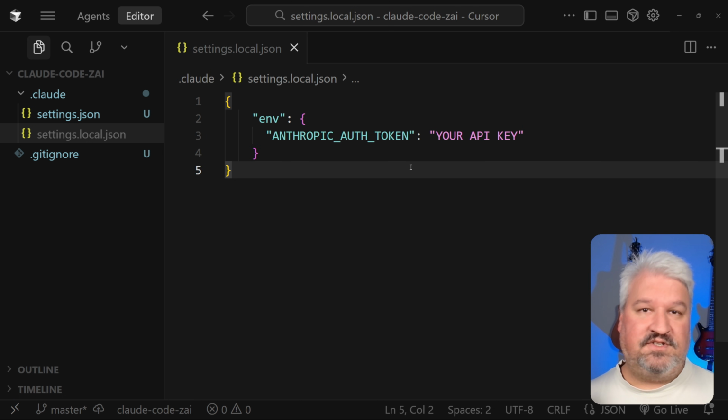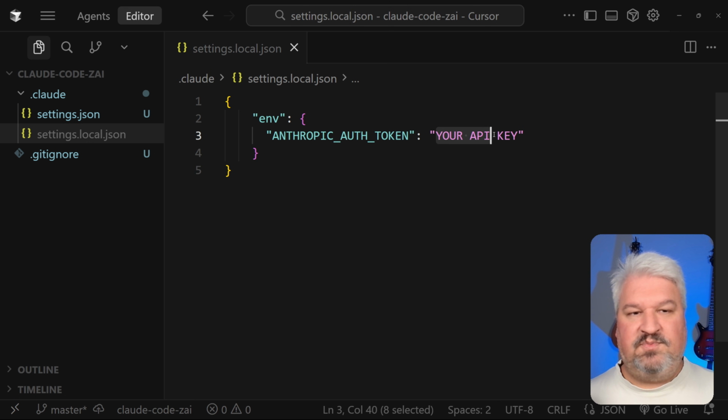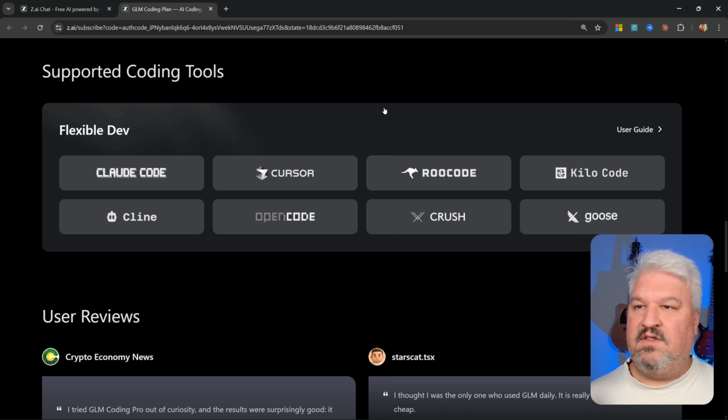Cool, so now that we have our settings up and running, all we have to do is provide our API key. So what you can do is go to